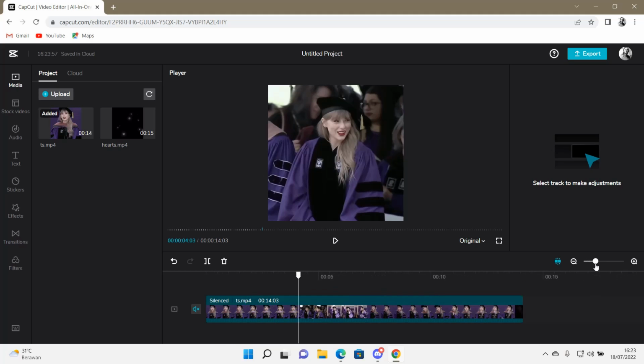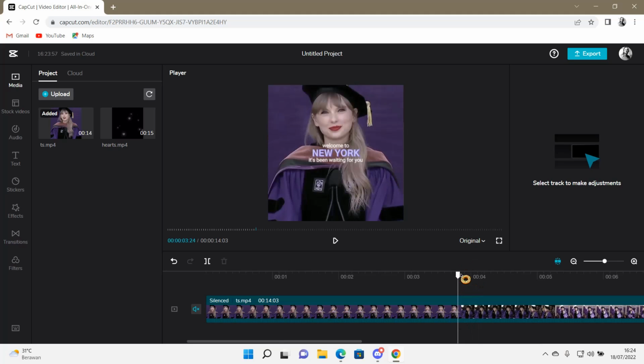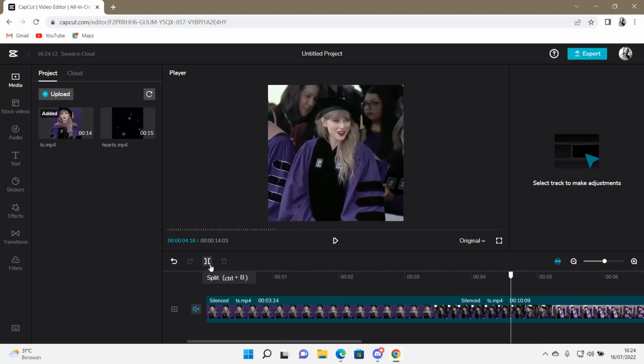You can also zoom in here so you can see the clips better. For instance, you want to split it here. So then you're just going to press split or Control B on your keyboard. And then, for instance, if you want to split it here, you can also press split or press Control